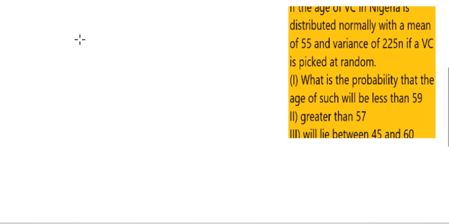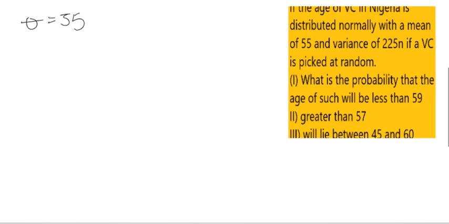Alright, this question is under normal distribution. If the age of VCs in Nigeria is distributed normally with a mean of 55 and variance of 225. Now let's write that down quickly. So our mean is 55